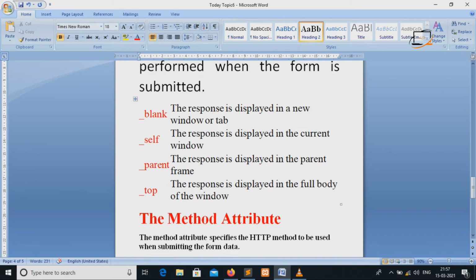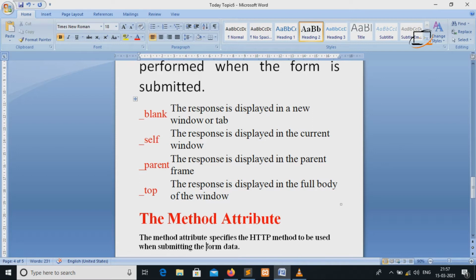With blank, the response is displayed in a new window or tab. When we submit the form, the response should be shown in a new window or tab of the web browser. With self, the response is displayed in the current window; after submitting the form, the web page stays in the same window.